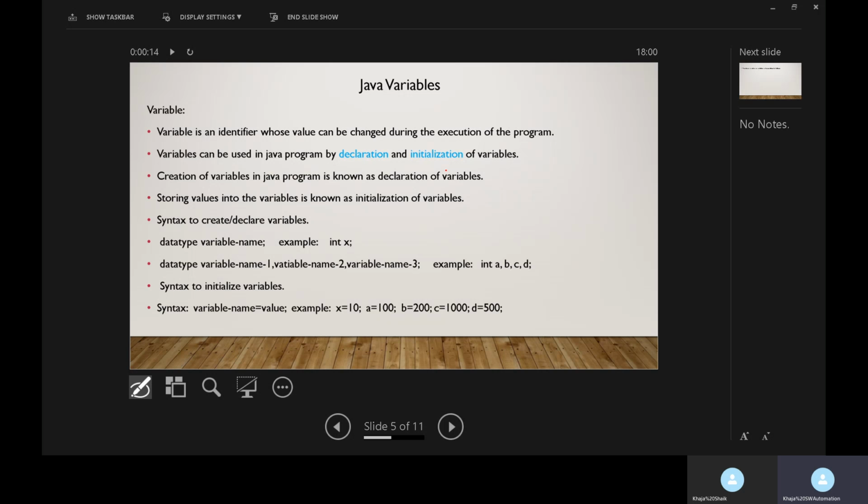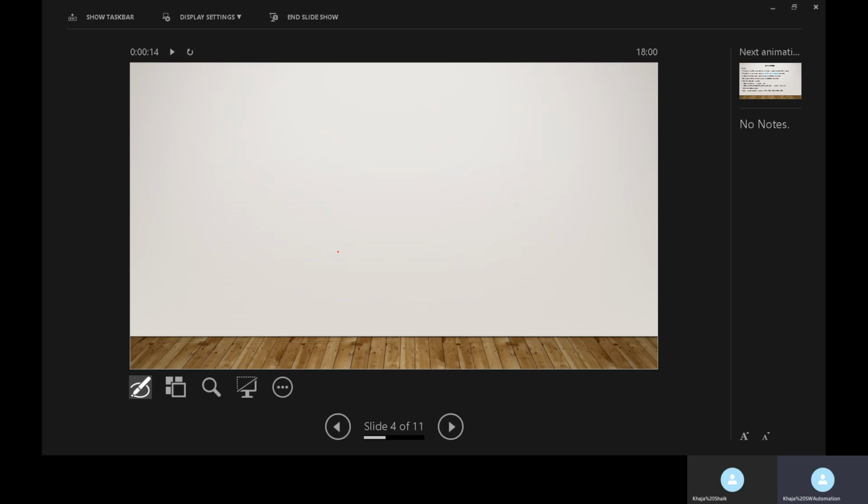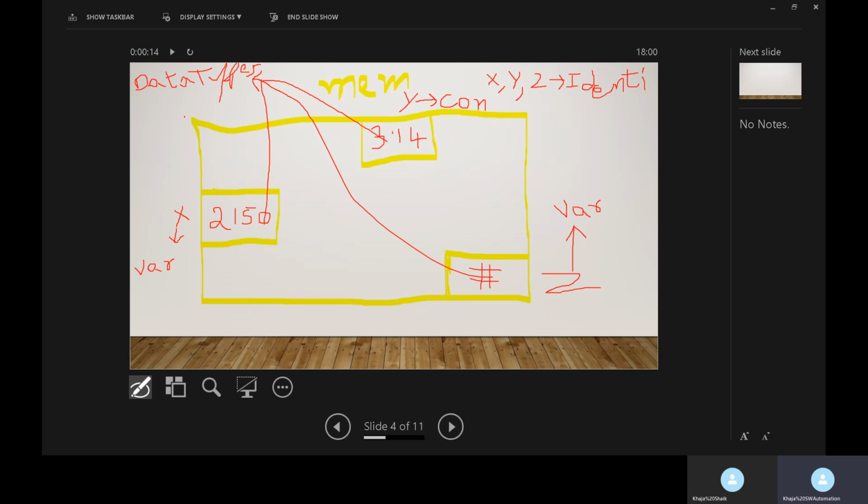So declaration and initialization. Here we have the syntax for declaration of a variable. This is the syntax to declare a variable: data type, variable name. Example, here we have the different data types. As we said, we have different data types like integer,